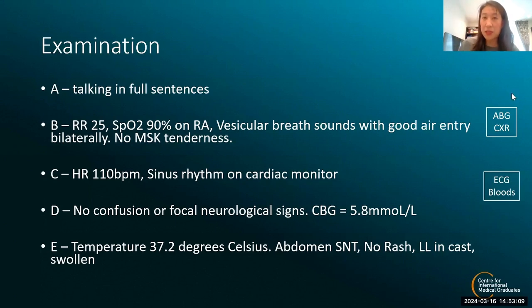I've just put in the boxes on the right what investigations. You've already mentioned your ABG, chest X-ray, but also you would do ECG and bloods. You wouldn't just do a D-dimer. I know everyone's very excited about D-dimer, but do make sure you do other bloods, because that will be important in terms of your future management. So how will you manage PE? You might need to give medication, and to do that you will need to know other things like what the full blood count is, what the clotting is, etc. So don't forget those as well. Okay, let's move on to the next.